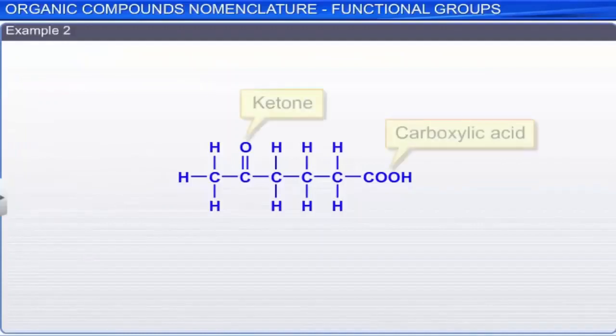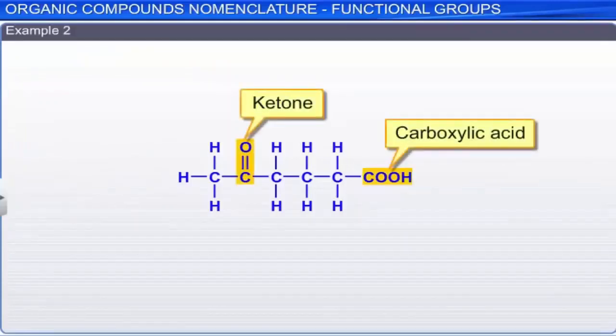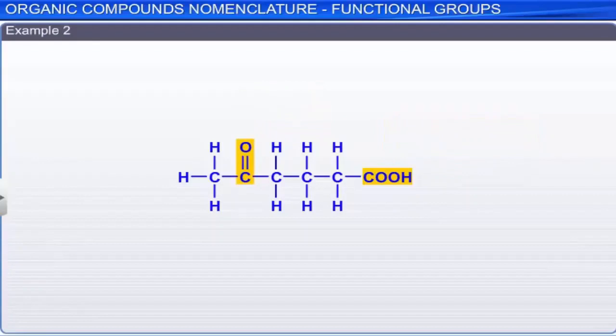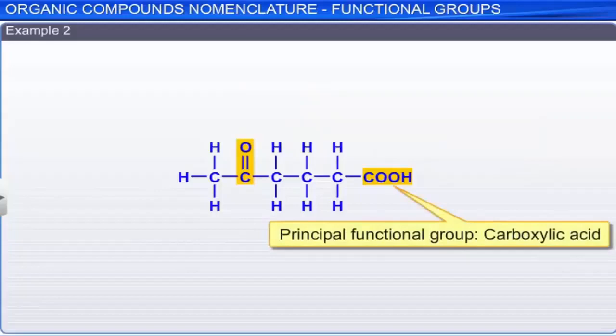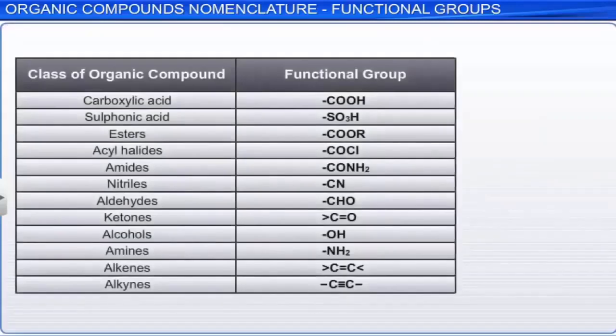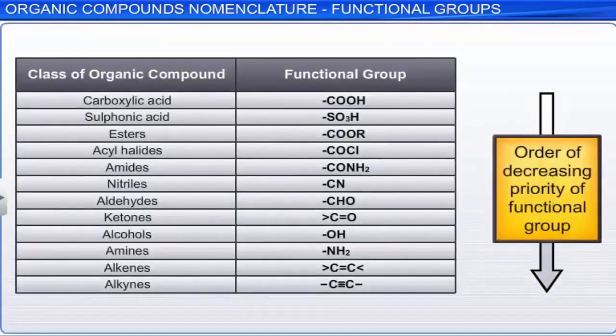But some compounds have more than one functional group. These are known as polyfunctional compounds. In such compounds, one of the functional groups is chosen as the principal functional group. The principal functional group is selected based on the order of decreasing priority as shown here. Carboxylic acid has the highest priority, followed by sulfonic acid. Esters, alkyl halides, amides,